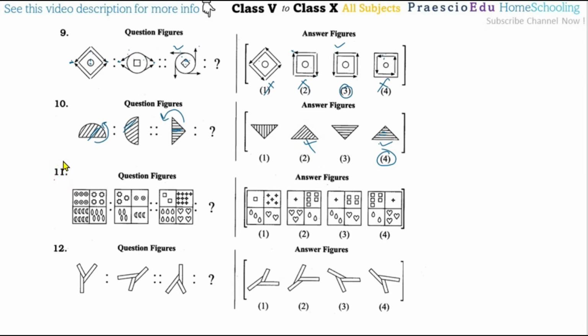Now question number 11. Here the logic is something different. The top two figures interchange, left to right and right to left. The bottom ones also interchange their positions, left to right and right to left. But here there are 4 quantities. The quantities get halved for the same quarter. Whatever symbol comes, that symbol maintains that quantity. Here 4, so that's why here it is 2.